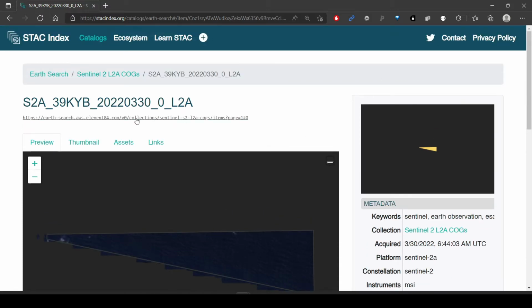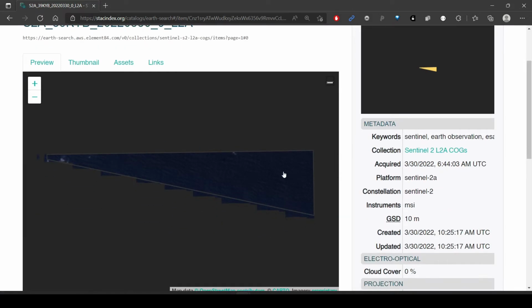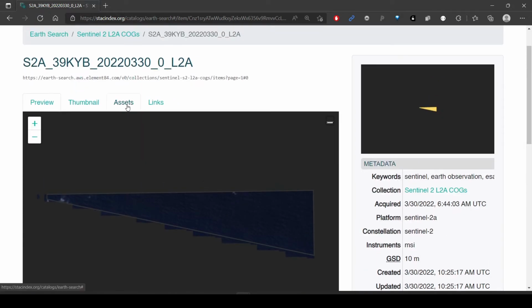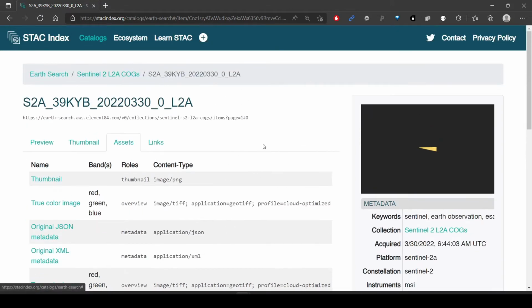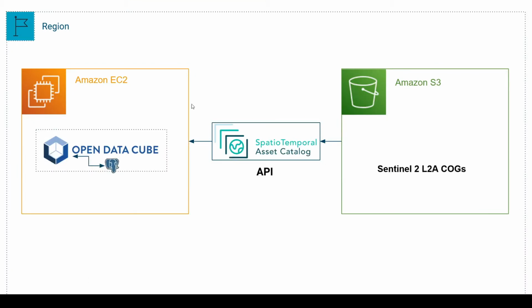Here you can see that this is a collection, in the sense of the Sentinel-2 collection. We are searching for this, and then in items, an item is basically the scene itself. In this case we are looking at this scene, and then you have assets in that. There are many bands described here. You can learn more about STAC if you just go to stacindex.org. Alright, so this basically covers all the introduction.